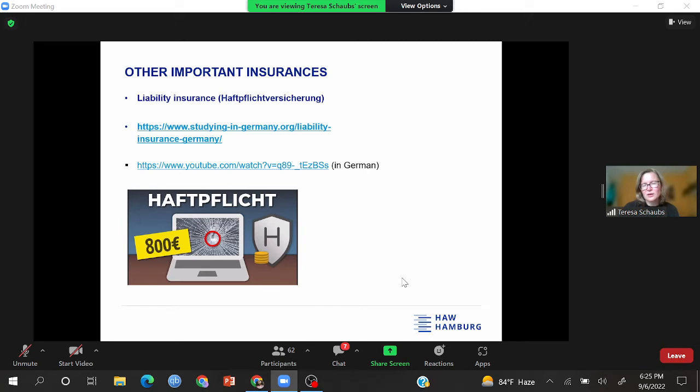And then secondly, for the people under 30, and you're here with a travel insurance, that's covered by the TK session. They will explain in detail what you have to do. The thing is that you need to pay from September, although you might arrive in November or December, but the state insurance, you always have to pay from day one of the semester, the official semester dates. And this is September 1st. But actually, my colleague from TK will explain that a little more detailed once we get to the session later.